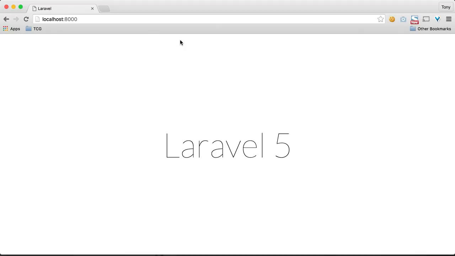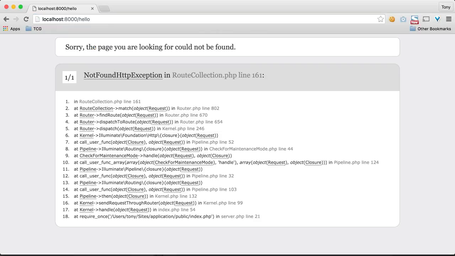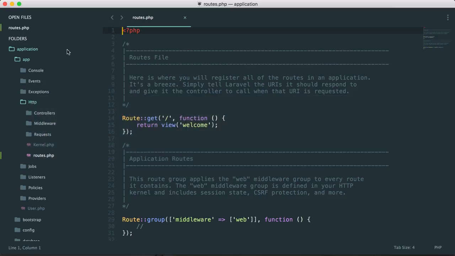The concept is going to your URL and typing in a route such as hello, and it will print out the route for your application for that specific URL. And as you can see, we have an error in front of us because we do not have this route in our application. So if we open up our app in our favorite text editor